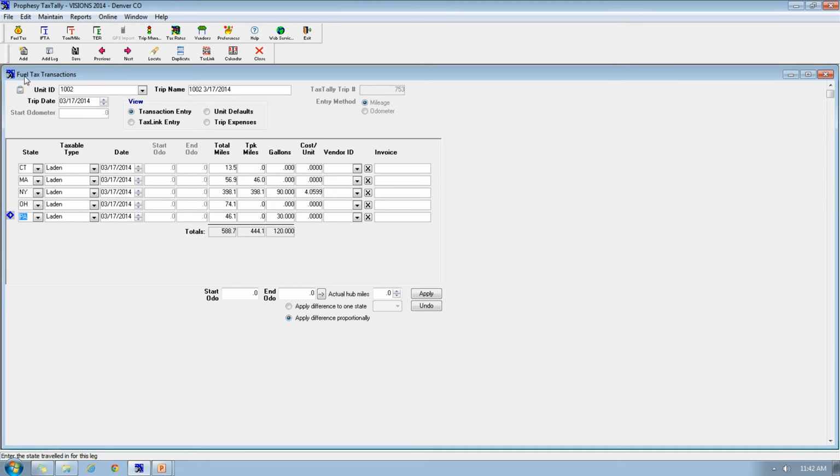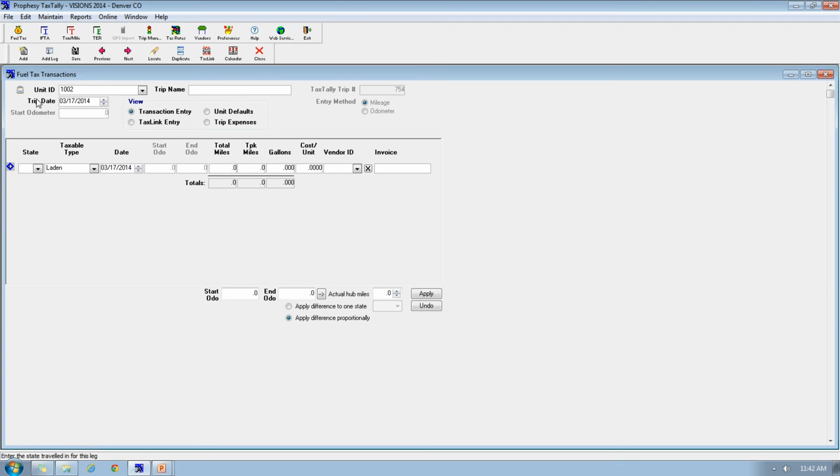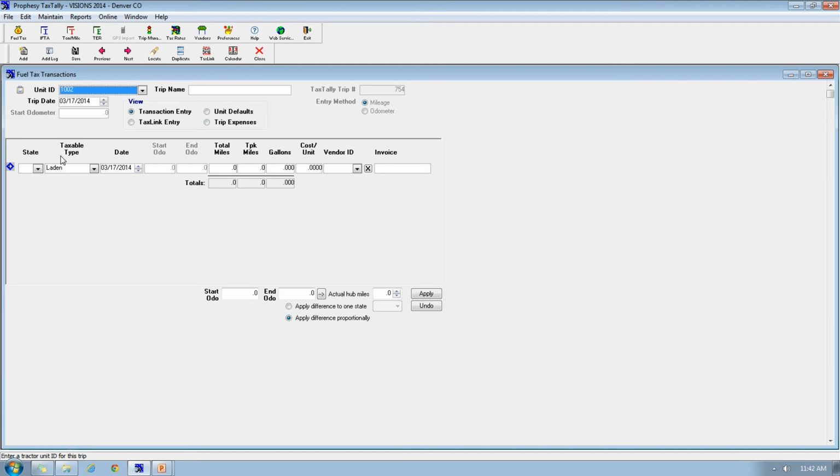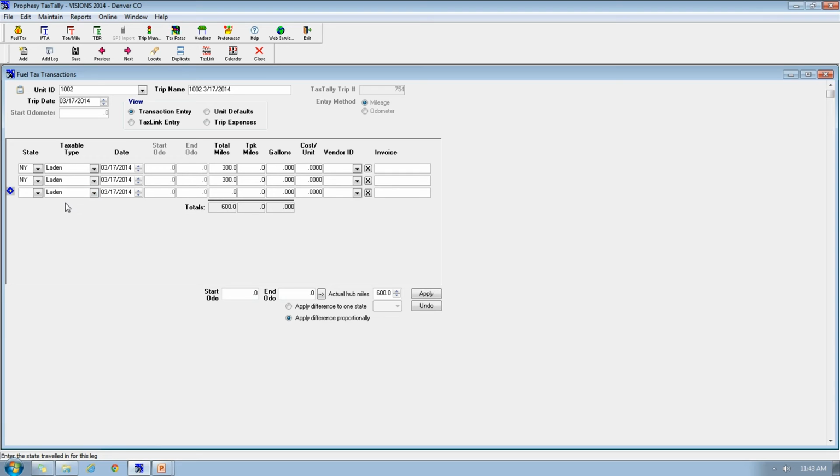The final entry method, and I'm going to click Add once again to get a new transaction. I would then select the unit. I'm going to stick with the same unit number. This method would just be to enter the line items, the legs, on my own. So I'm going to, in this example, choose New York. I'm going to add another leg. Choose New Jersey. Add a leg, Pennsylvania,